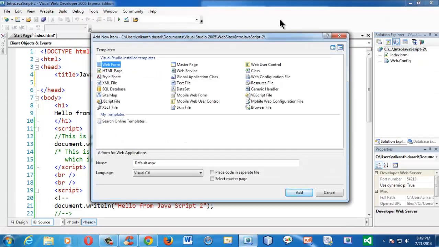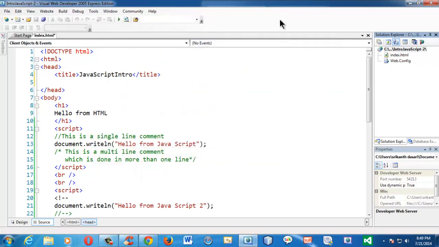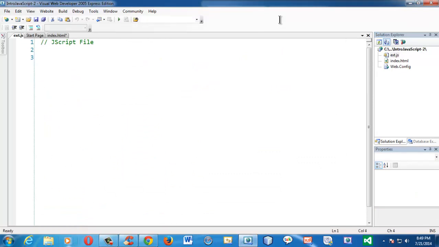Let's say a JavaScript file here, and let's name it ext.js. Here I have taken a new .js file, where .js is the extension of a JavaScript file. If you find any file with .js, that means it is a JavaScript file.